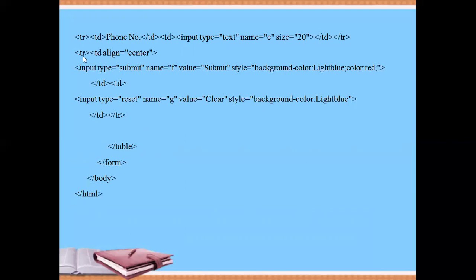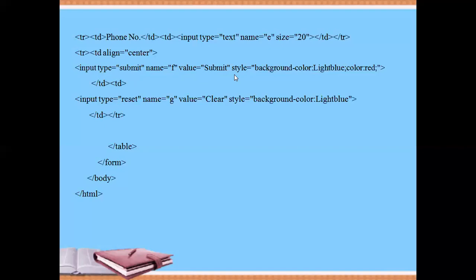Next is TR, TD align center, the submit and the reset button. Now the submit button had a background color and a font color, blue background color with the red font. So normally we used to write input type is equal to submit, name is equal to F, value is equal to submit.